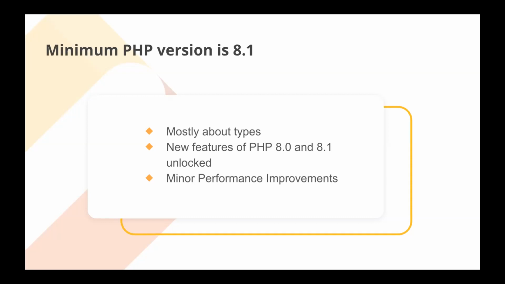So you can go to the official PHP website and all the changes are actually highlighted there. I'm not going to go through the changes and new features. You can check them there, and there are many articles all over the internet about new features and how to work with them. Basically, for us, this upgrade was mostly about the types, as we don't use many strict types